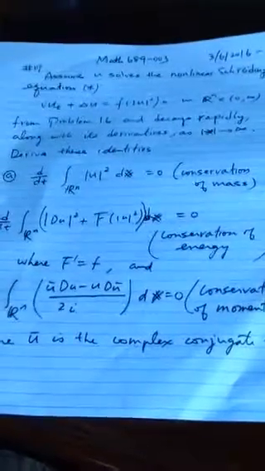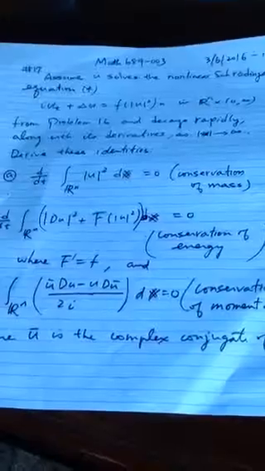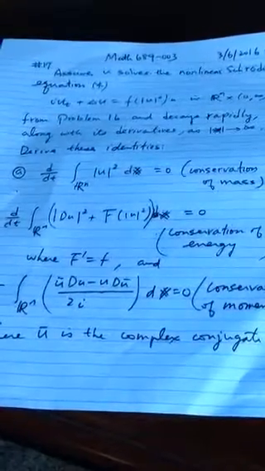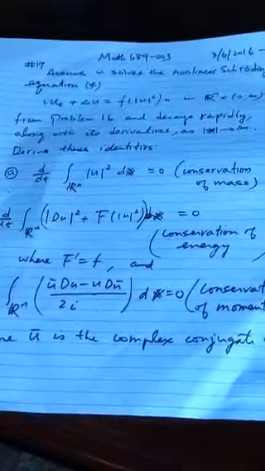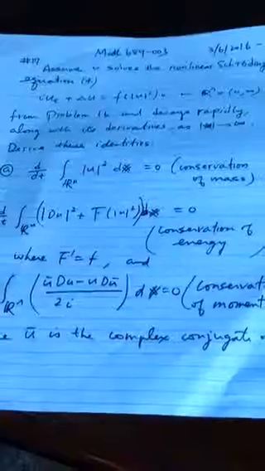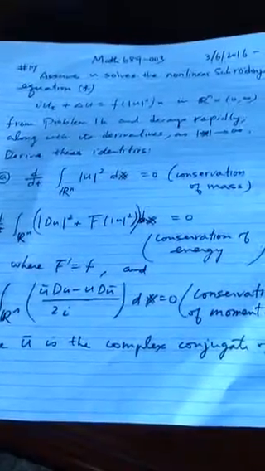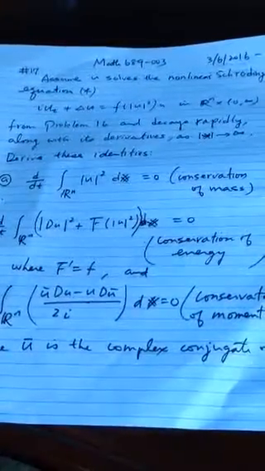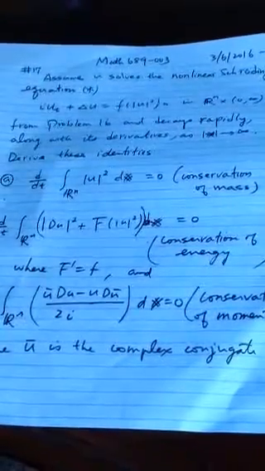Hello, we want to talk about the hint to our homework problem, number 17 and number 18. Number 17: suppose u is the solution to the nonlinear Schrodinger equation, i u_t plus the Laplacian of u equals f of absolute value u squared times u in R^n, and we assume u is smooth and decays rapidly along with its derivatives as x goes to infinity, and we want